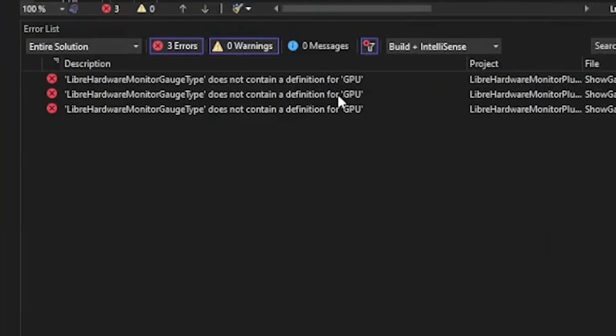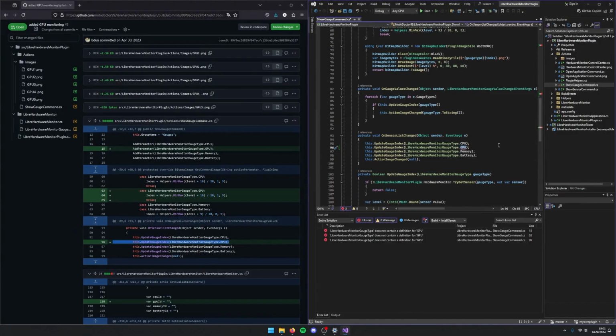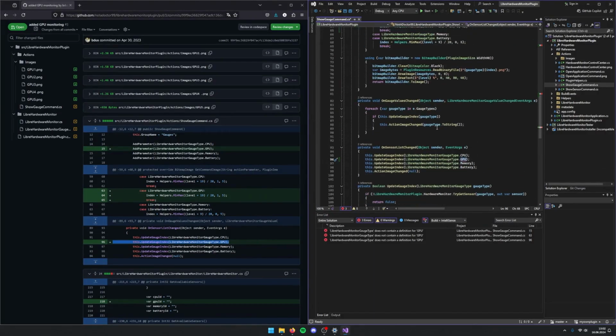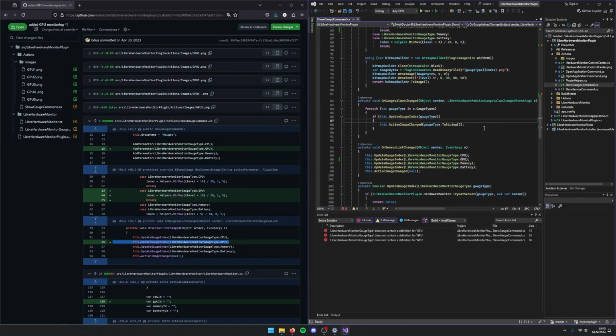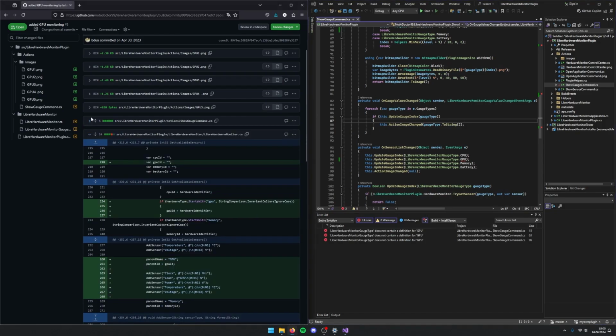Don't worry about the errors. They mean the name GPU can't be found in this solution. We will fix this soon. When you edit this code, don't forget to save the project. Click on File and Save. Now we do the same with the other files. The next one is